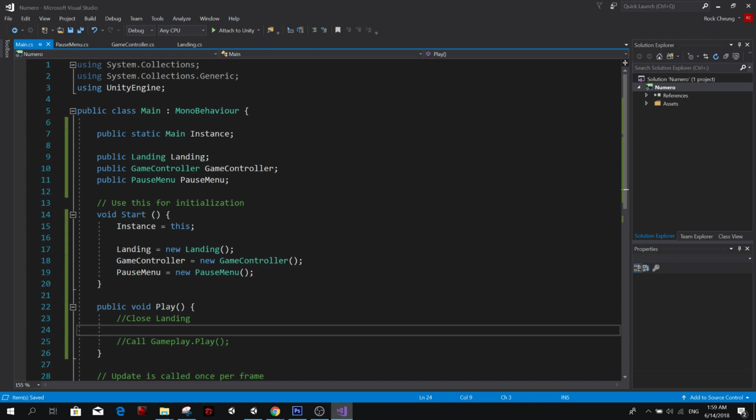So here I'm going to, we could access the game controller, the game object directly. We could do that, yeah. So here landing dot panel dot set active false.